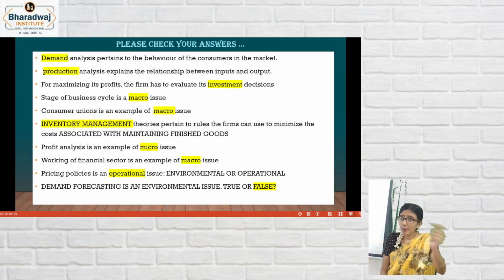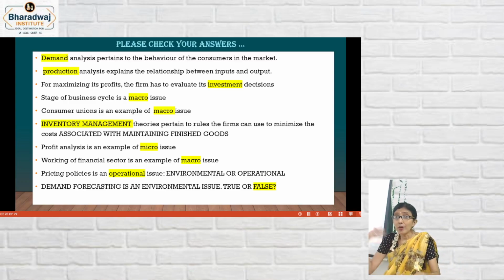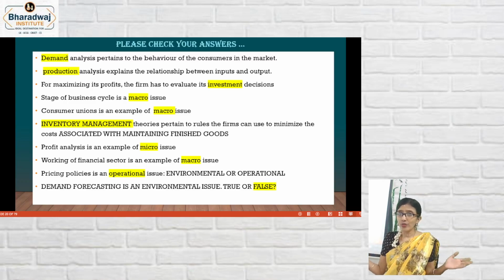Depending upon, see, that is why when we did the micro and macro difference, micro distribution is factor price fixation. That will vary from firm to firm depending upon the factors we are using. Here, prices of commodities, that is pricing policy. You cannot even claim a uniform one, right?